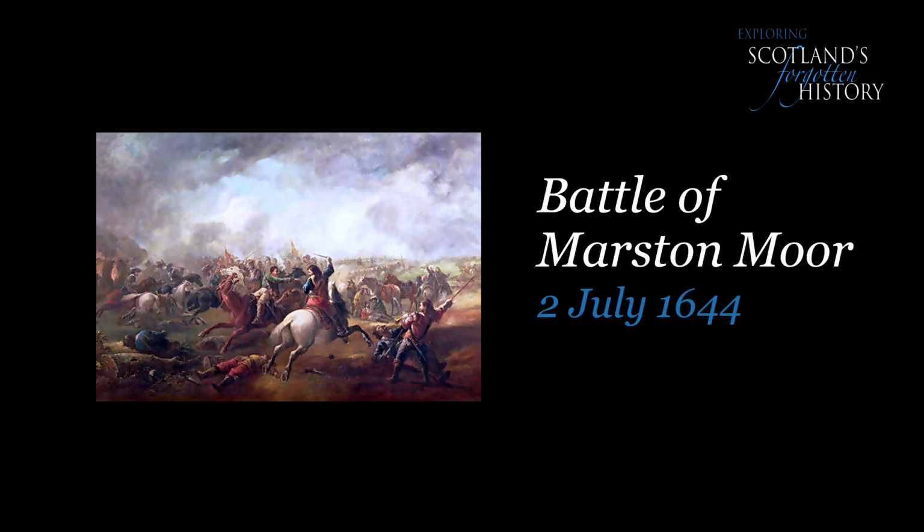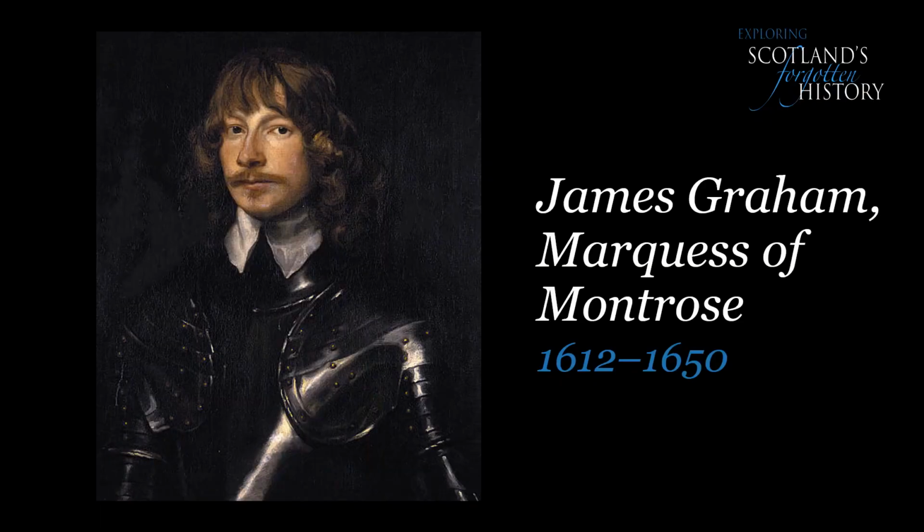Meanwhile, militarily, the Covenanter army was in England, helping the English Parliament in the war against Charles and his royalist forces, as agreed by the Solemn League and Covenant. In July 1644, they helped to inflict a crushing defeat on the royalist army at the Battle of Marston Moor, which is near York. However, afterwards, this Covenanter army had to very quickly return to Scotland to deal with a threat from a former Covenanter, now turned royalist, James Graham, the Marquis of Montrose.